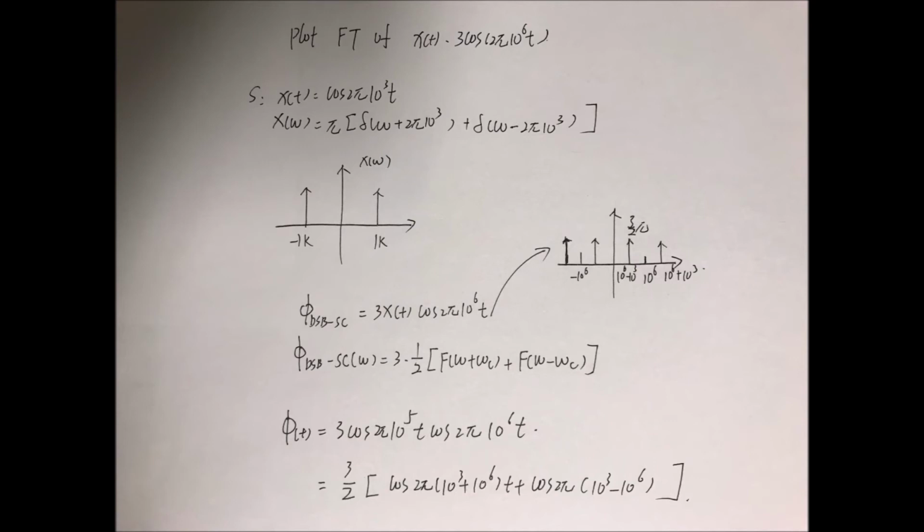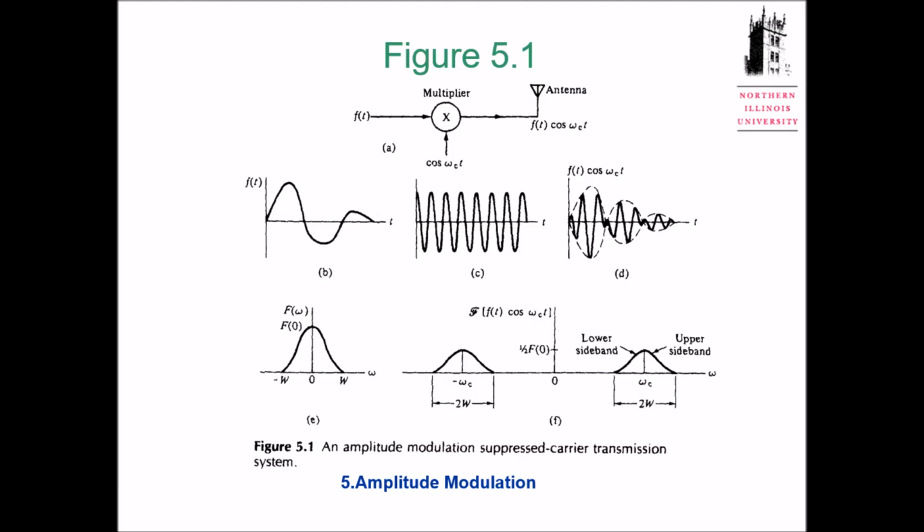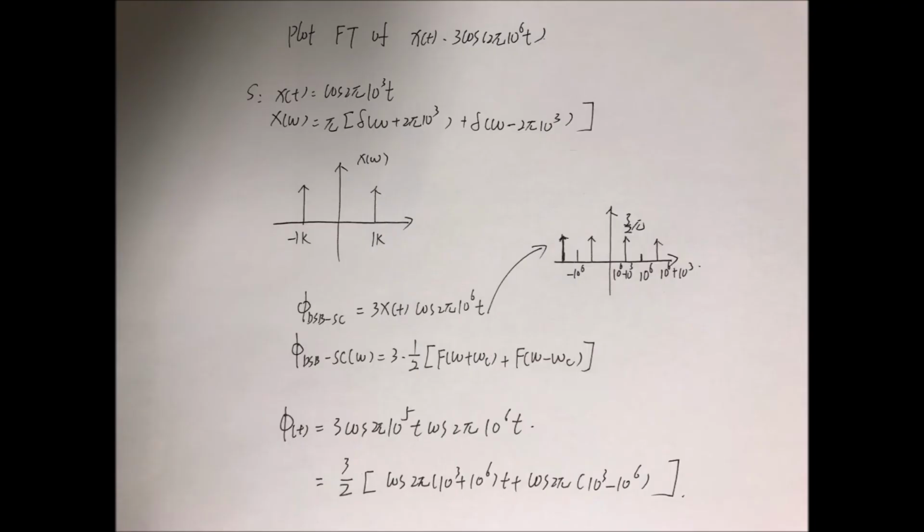So I have my original signal's Fourier transform plotted over here. After modulation, the original spectrum moves around minus omega c and omega c. So based on this problem,